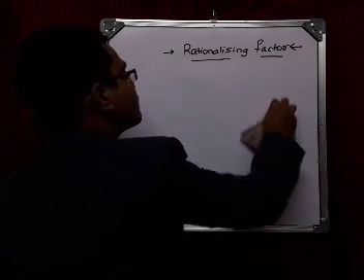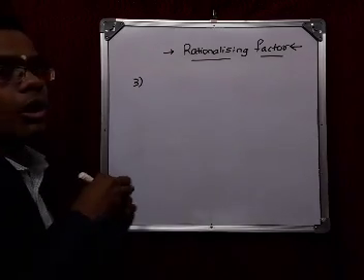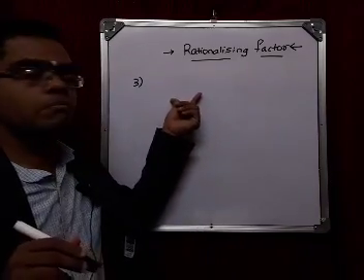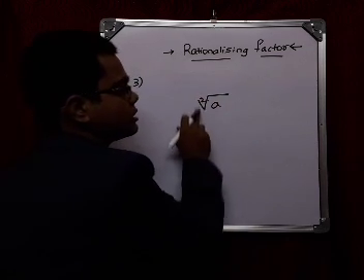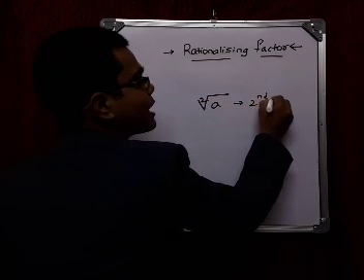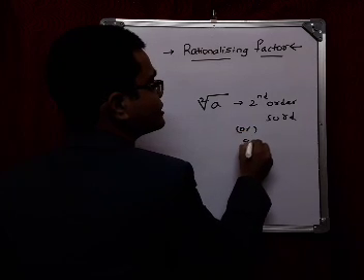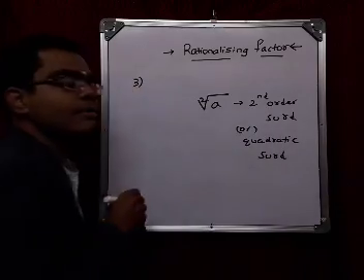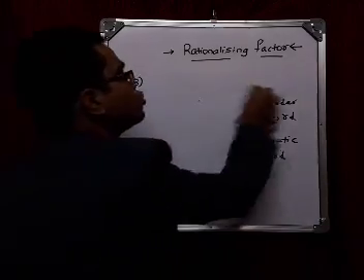Let's see another, third kind of surds. Till now we have only seen the rationalizing factor of quadratic surds. What do we mean by quadratic surd? The order is 2, meaning when we say root a, the index is 1 by 2, or we say this is a second order surd or quadratic surd. For a quadratic surd, it is very easy to guess using the formula a minus b into a plus b is equal to a square minus b square. Let us go for some cubic surds.